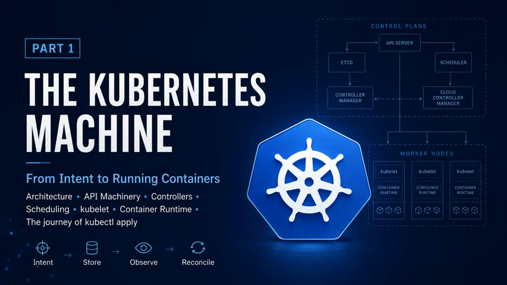Exactly. The CRI talks to a high-level runtime, something like containerd or CRI-O. These high-level runtimes manage the images, pull them from the registry, unpack them onto the disk, and manage the API requests. But even containerd doesn't talk to the kernel directly. Right, it delegates again. Yes, it delegates to a low-level OCI runtime, the Open Container Initiative runtime. The most common one is called runc. And runc is just a small command line tool whose sole purpose in the universe is to take a JSON specification, make the raw system calls to the Linux kernel to set up the namespaces and cgroups, start the process,